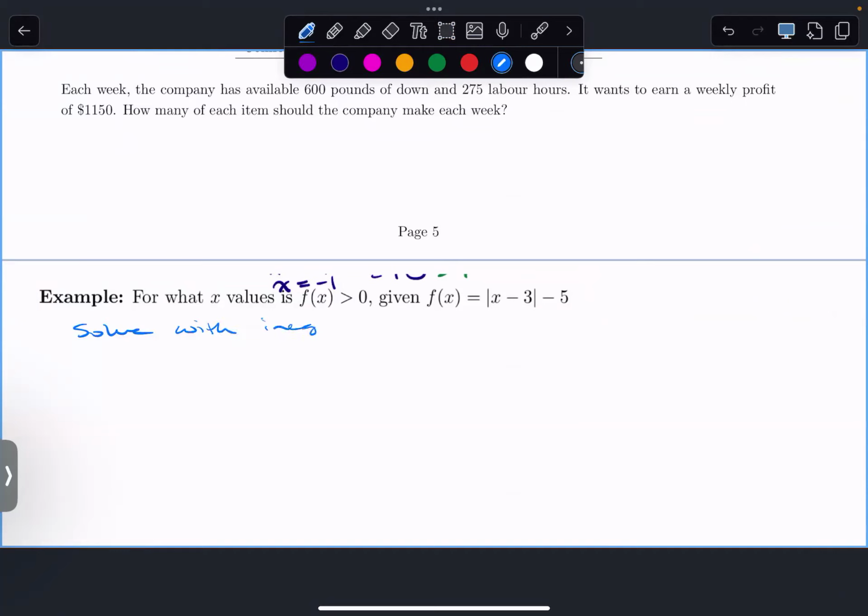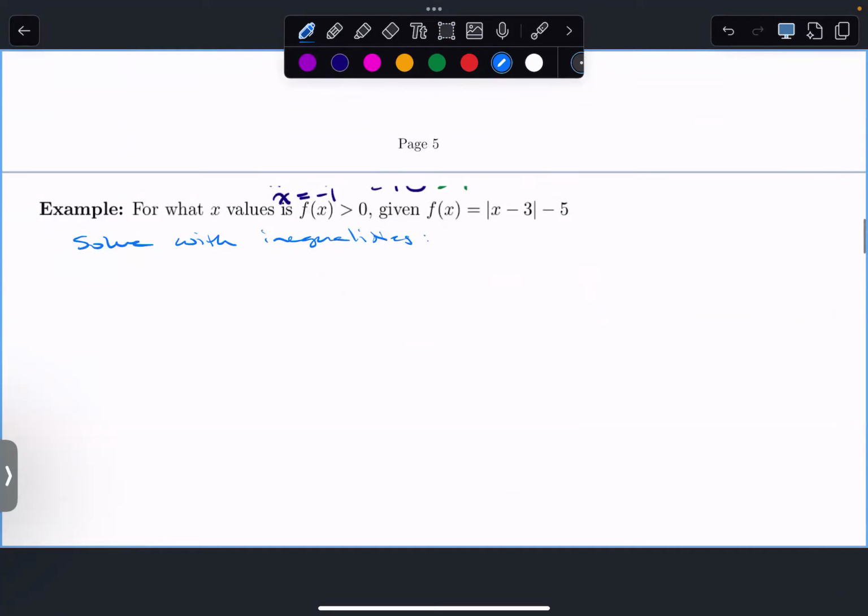Solve with inequalities. So you could say, okay, the absolute value of x minus 3 minus 5 has to be greater than 0. As long as I'm not multiplying or dividing by a negative, I don't have to flip the inequality, right? So far so good. I've got the absolute value of x minus 3 is greater than 5,